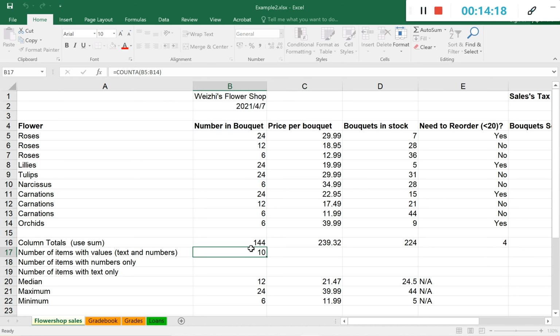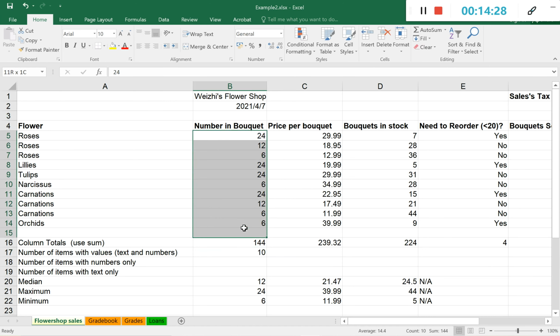If we change the range to B5 to B14, the result is 10, which means that we have 10 cells which are not empty,